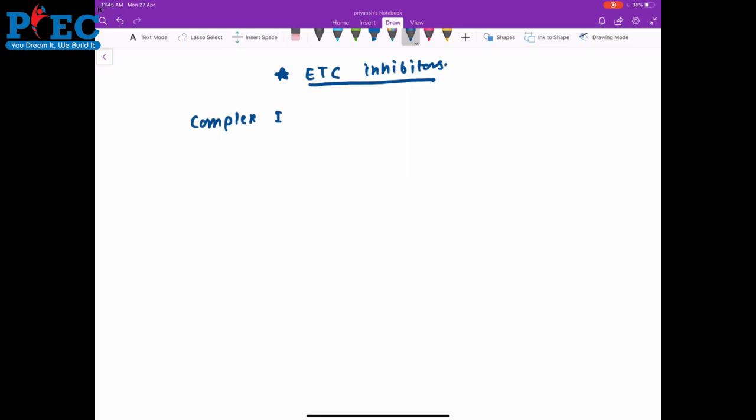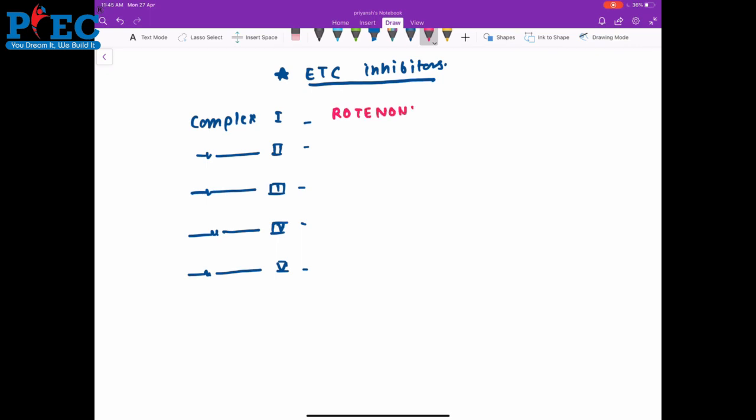Complex 1. We will discuss which complex is inhibited by which toxin. Complex 1 is inhibited by a toxin with the name of rotenone. Complex 2 is inhibited by malonate. Complex 3 is inhibited by